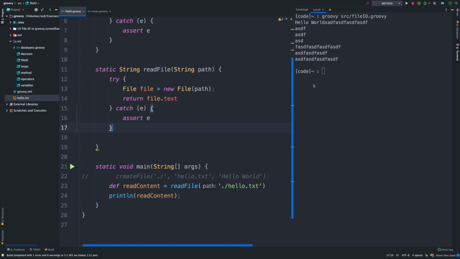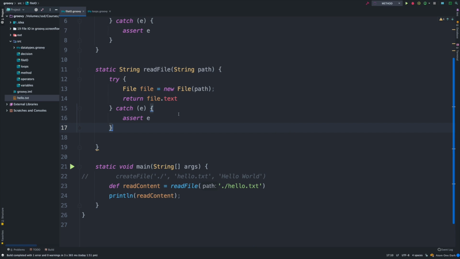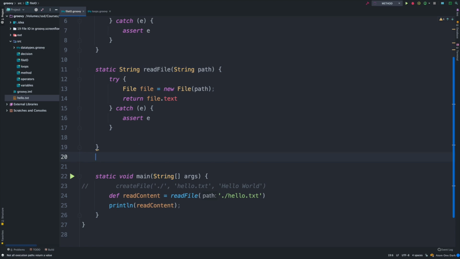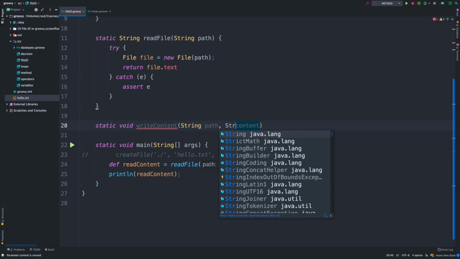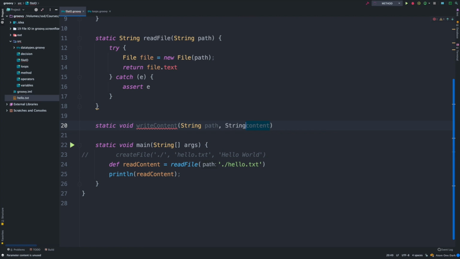I'm going to close the terminal and I'm going to create another function. Let's start by defining static, and that should return nothing. And we just say writeContent. And that will require a path to the file. Then we have a content to write, which will be of type String again.